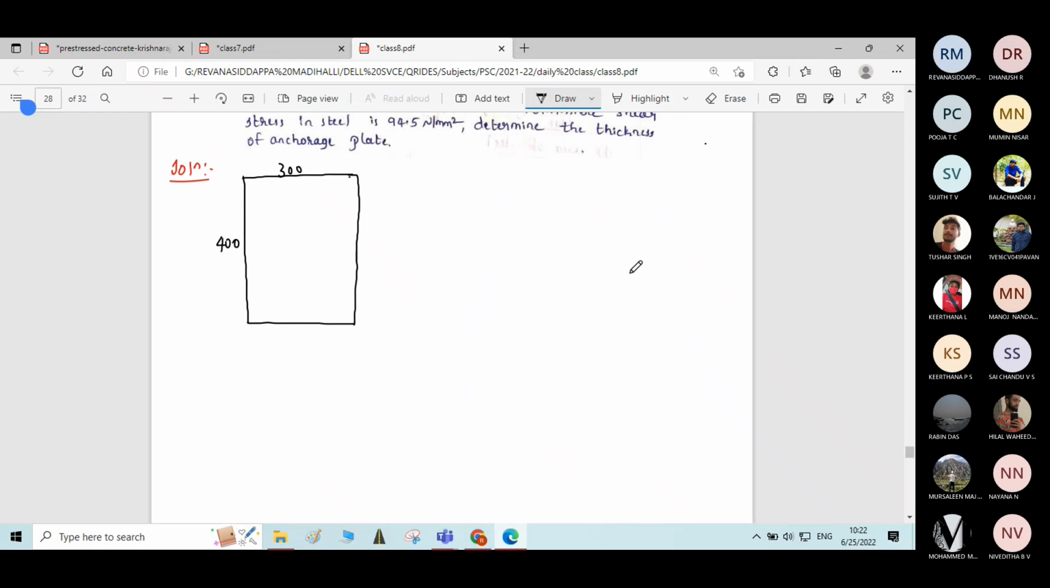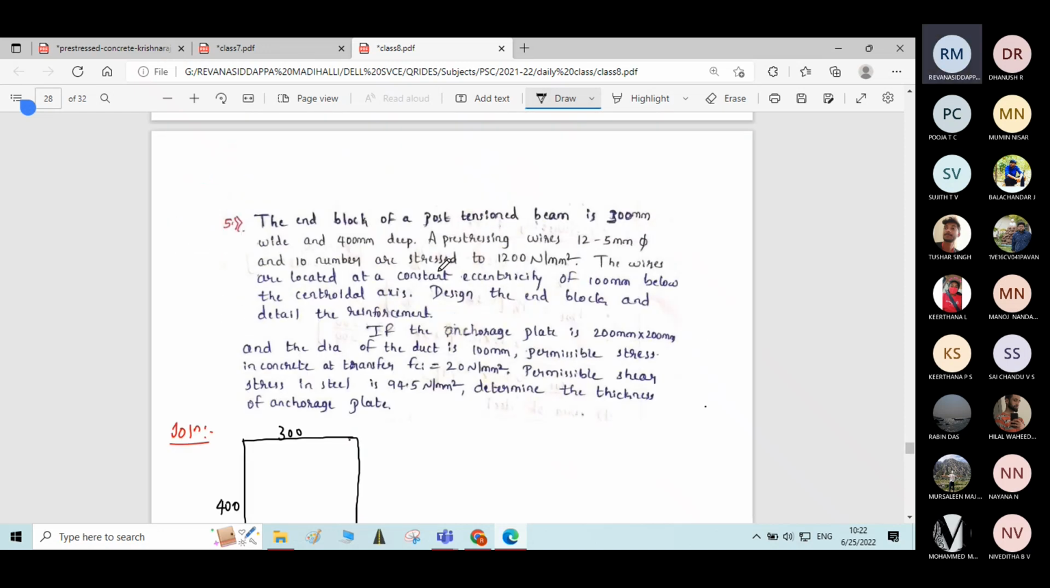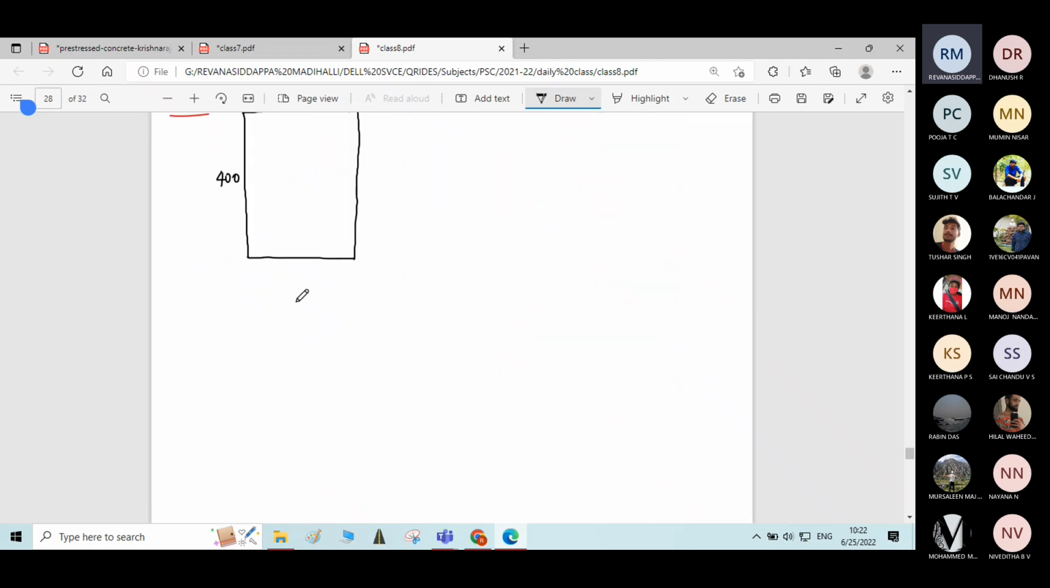400 mm deep. Okay. Pre-stressing wires of 12 mm diameter, 10 in number, are stressed to 1200 Newton per mm square. Total area of cable, you find it now. Area of cable